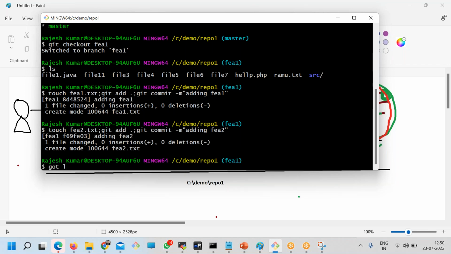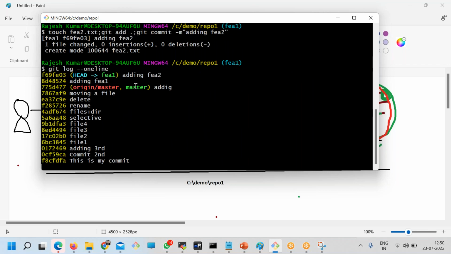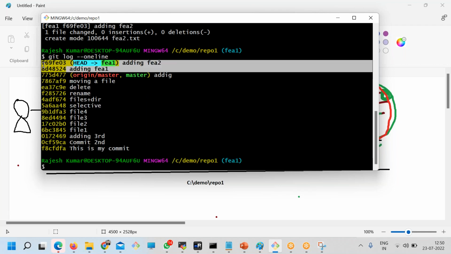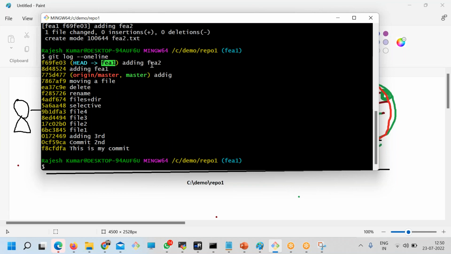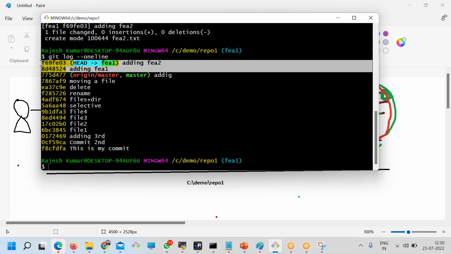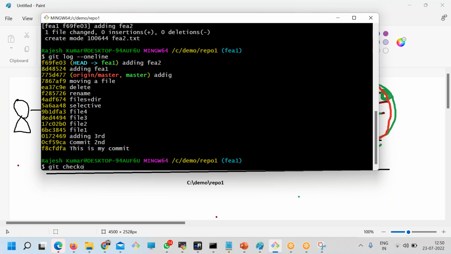So see here, git log --oneline. Right now in the fee1, till here it was master. I've taken from the master, but these two I have added from the fee1 branch. Sorry, fee1, but here I added fee2. So it's just a message. It's a fee1 branch. So if I check out the master, git checkout master,